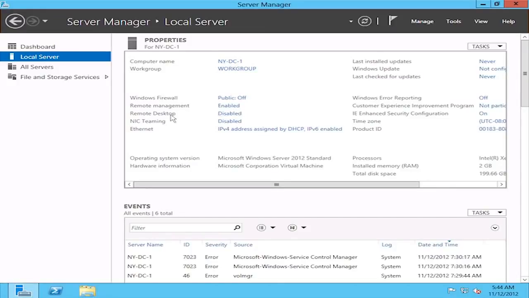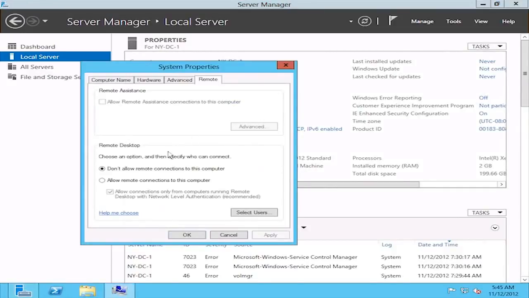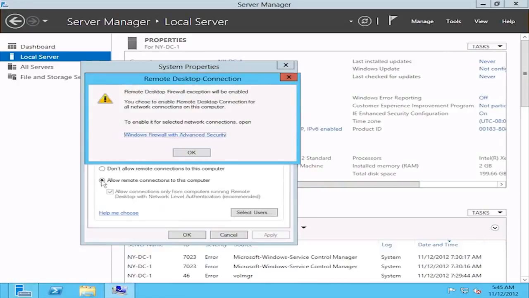The next item we have here is remote desktop, which is disabled by default. The theory is, with Windows Server 2012, when you are managing it remotely, it is supposed to be really, really close to managing it locally. And so the old days of having to remote desktop in to do everything are kind of a thing of the past. Now that said, I am going to click on the link and